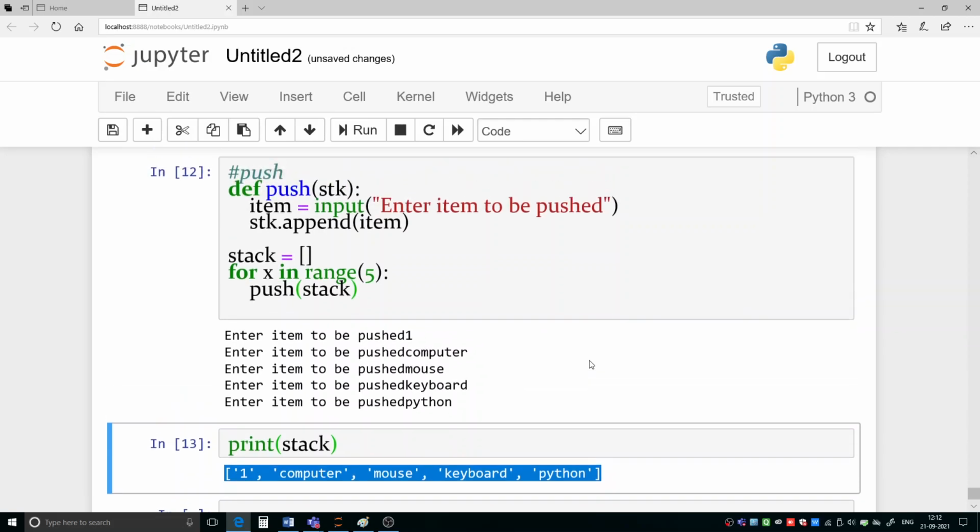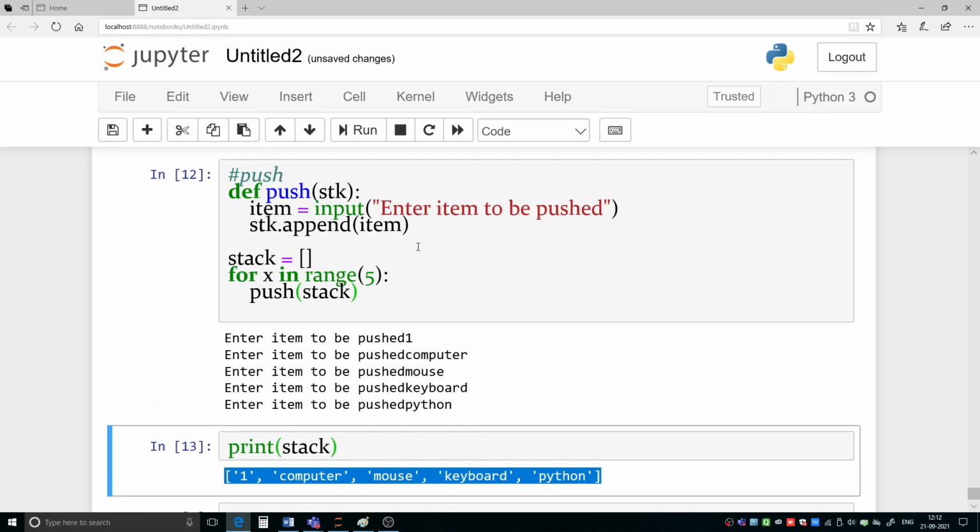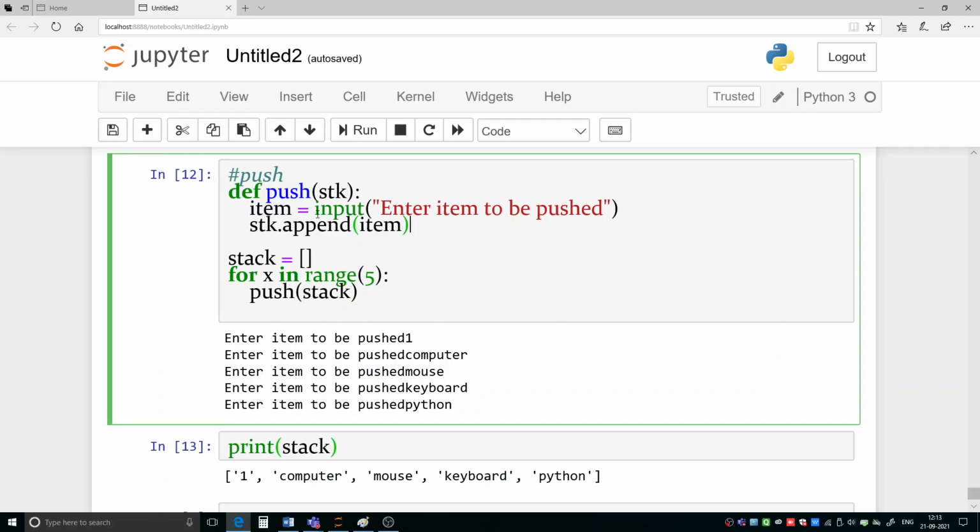Okay. Here, if you want to modify something in this function, means if you want to pass the item to be pushed on the stack as a parameter, then we do not need this statement inside the definition, because we are passing it.